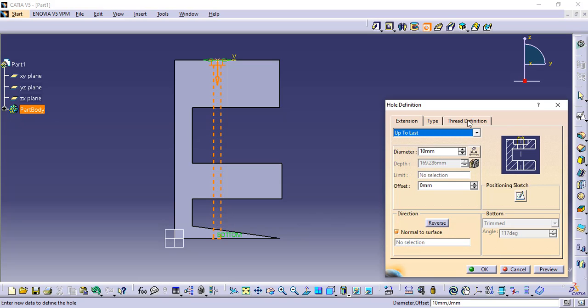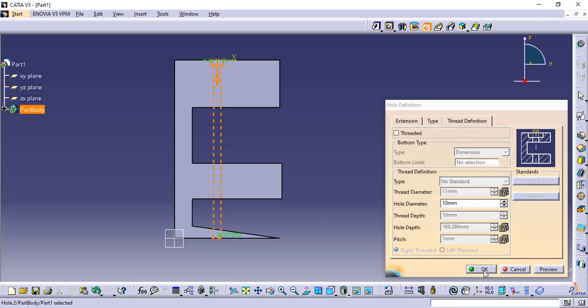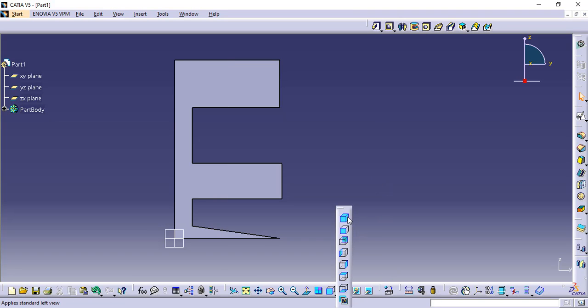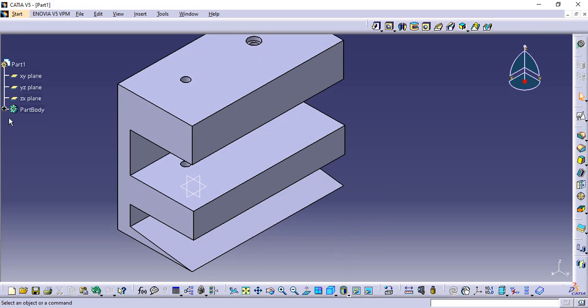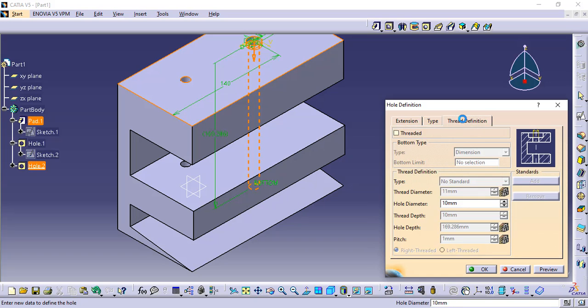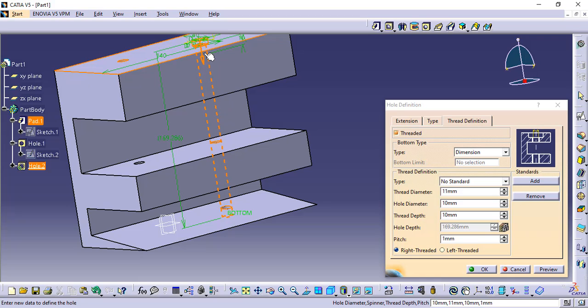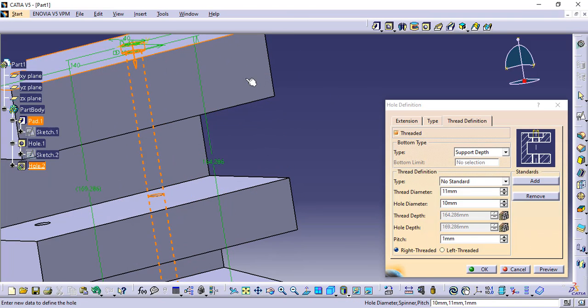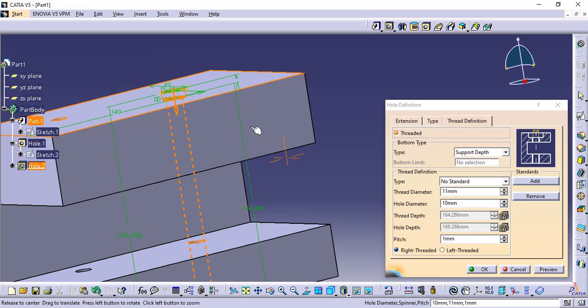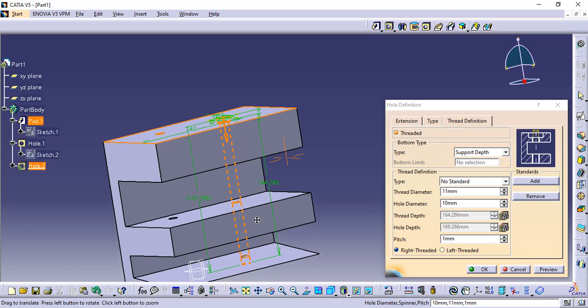And one more thing here is the thread definition. Okay, first I will make it. You will see we have a hole, counterbore hole, and if I want to add a thread to this second hole, I double click and make the thread definition. I want a thread on this. What kind of thread do you want? Dimension thread. You need to give the dimension, up to which length I want a thread on this whole profile. You can define the thread depth. For the through hole, you just need to give the supported depth. Except for the counterbore portion, we will get the thread over this whole depth.